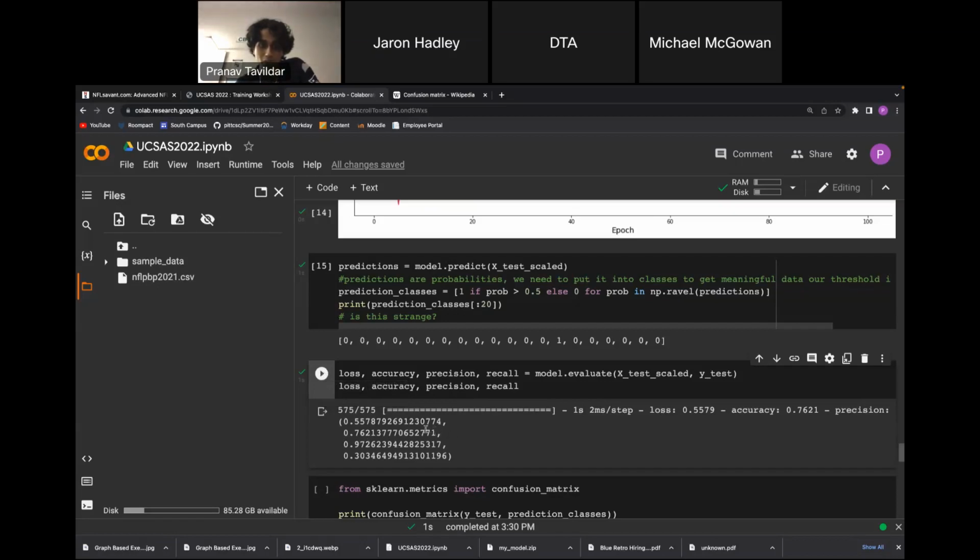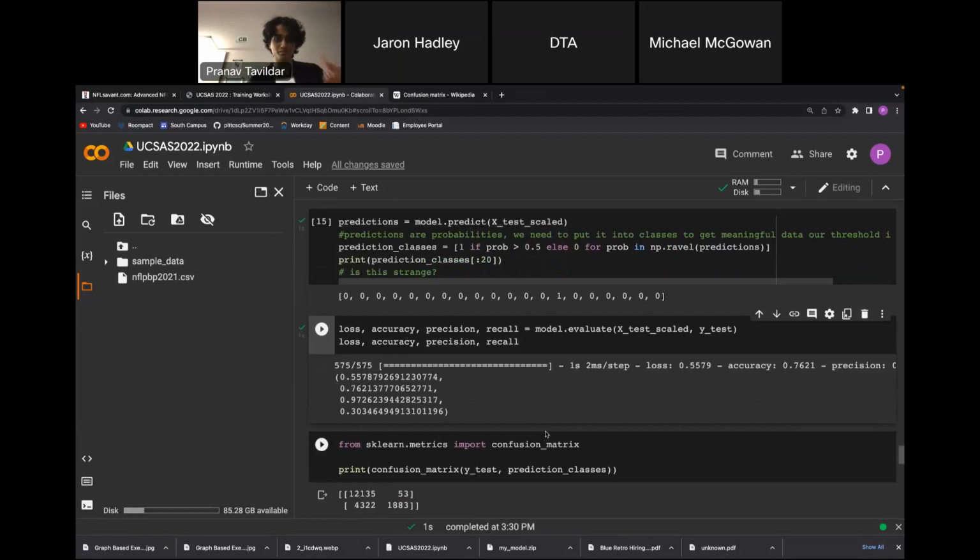Okay, so this part has been done. We have a loss of this much. We have this accuracy of 70.6%, which might sound not great, but honestly, that's a pretty good accuracy for most models. We can tinker with it and probably make it a bit better, but for our purposes, I think that's pretty good. If you get three-quarters of a chance of getting the first down right, then I think that's a pretty good percentage. We also have precision and recall. It's pretty precise. The recall could have been improved a bit, but still good.